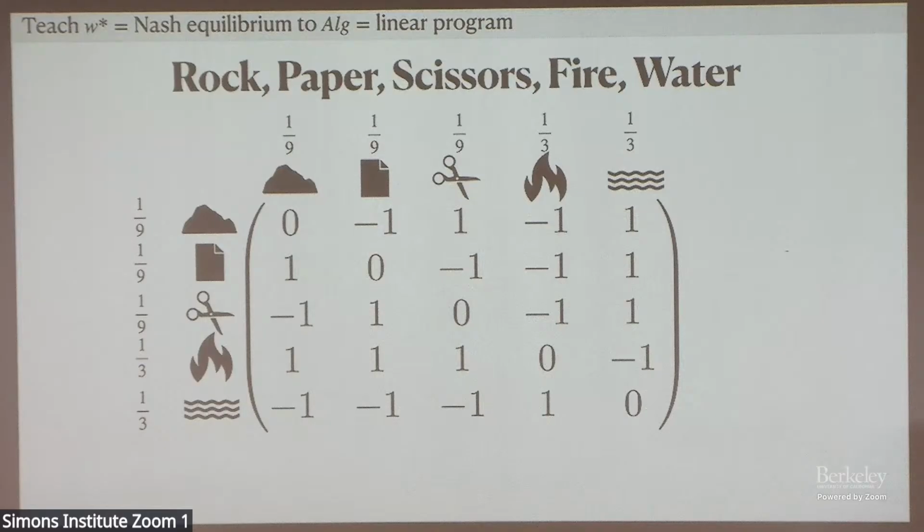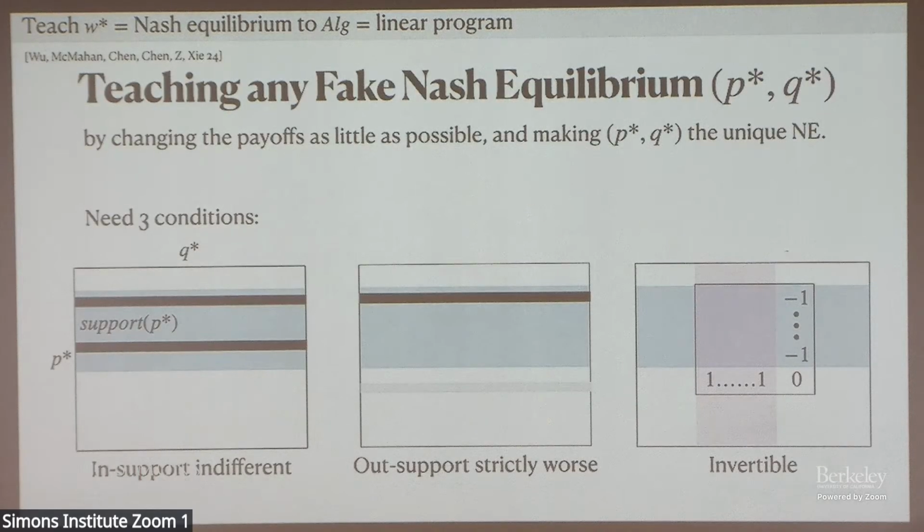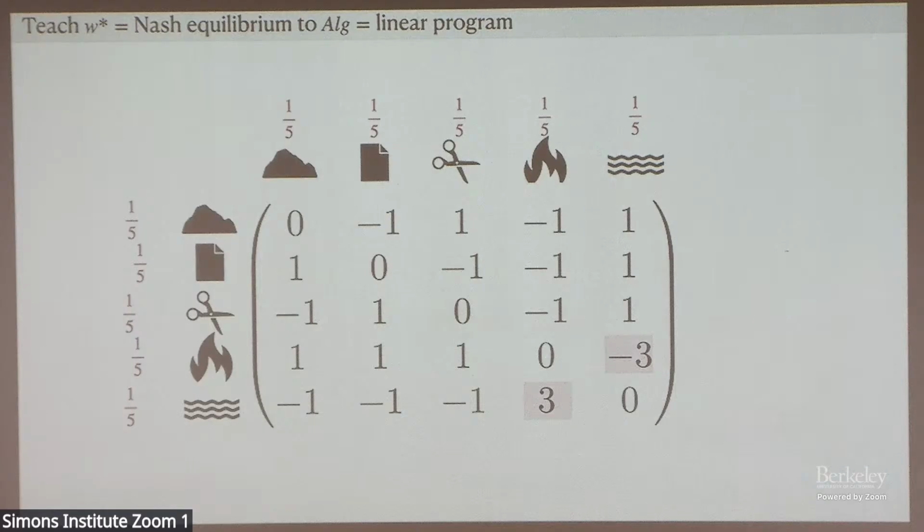But the setting in teaching we're considering is, can the teacher teach any fake Nash equilibrium for this game? Any fake one, P star, Q star. And P star, Q star can be mixed Nash, doesn't need to be pure. There are some technical conditions I'm not going to get into to enforce this. It turns out you can find this solution through an ugly nonlinear program. But for example, if the teacher wants P star, Q star to be both uniform distribution 1/5, perhaps with the argument that this is much easier for game players, like humans, to actually use.